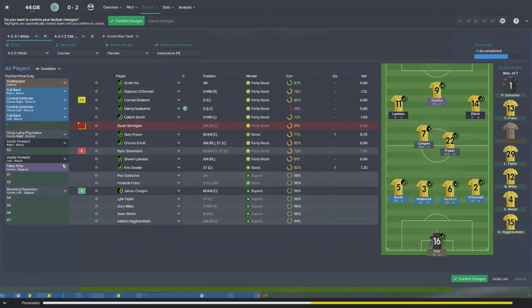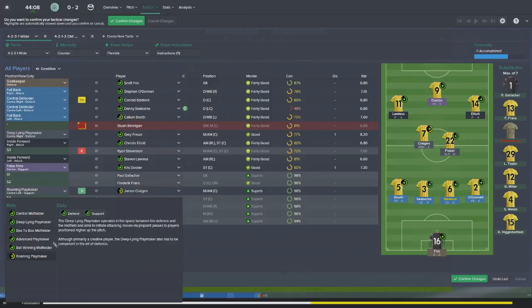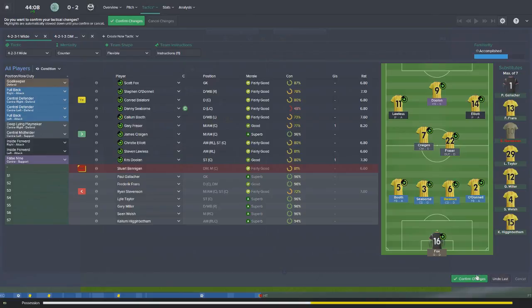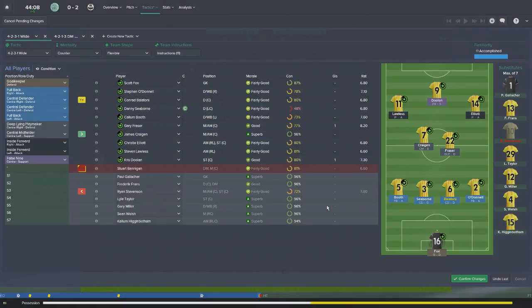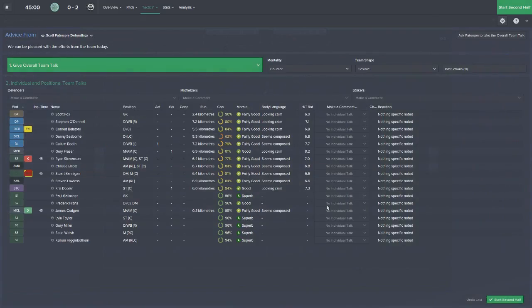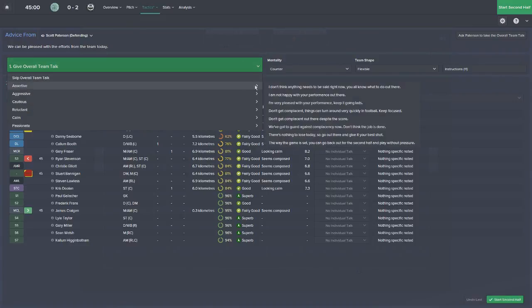And James Cragen can obviously not play the rolling playmaker so well. Let's go for a central midfielder on support. Right. That red card really has left us in the dark a bit. But we're 2-0 up again at Parkhead. In the second half, I'm sure they'll come out and try and pummel us. The key will be not to let an early goal in,